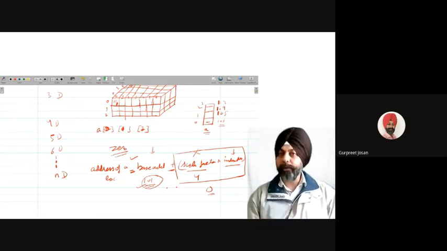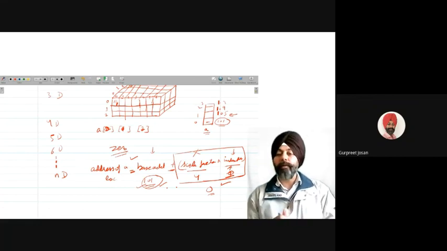In order to get the first address, we need the index number to always start from 0. When the index number is 0, this whole term becomes 0 and we get the first address. If we start our index number from 1, then our first address comes out to be 105. We will never get this value 101. So that's why the index number always starts from 0.